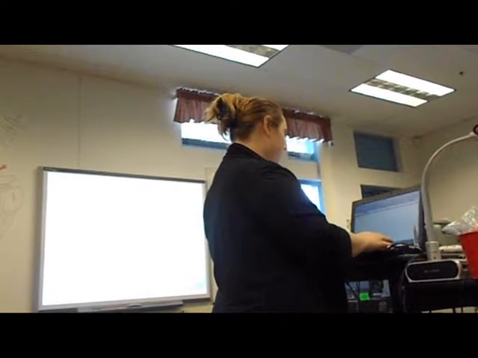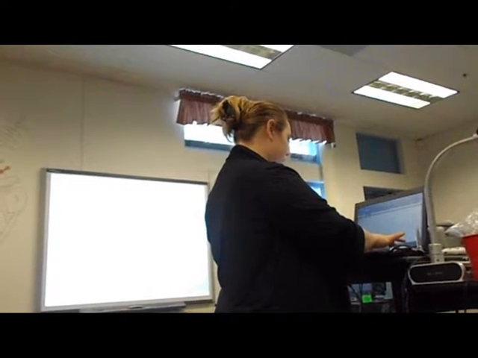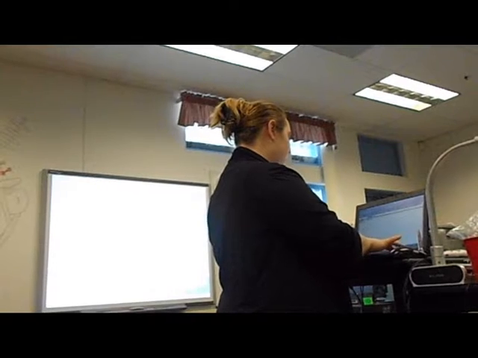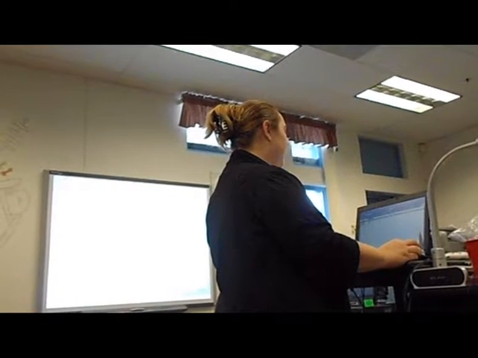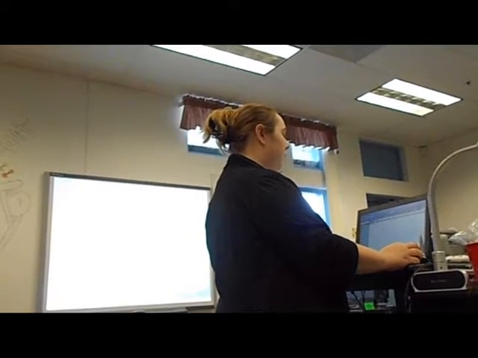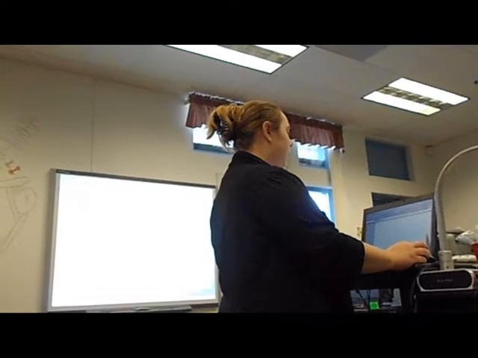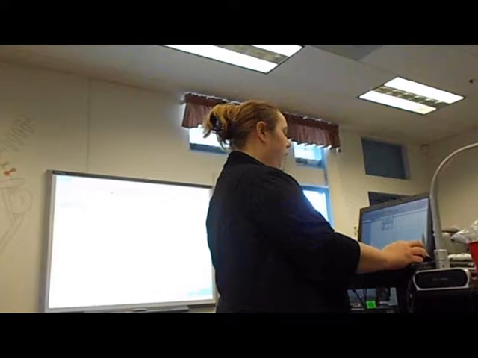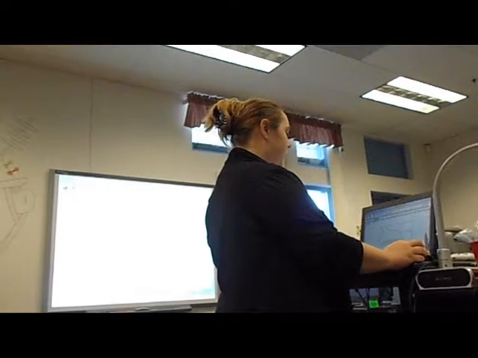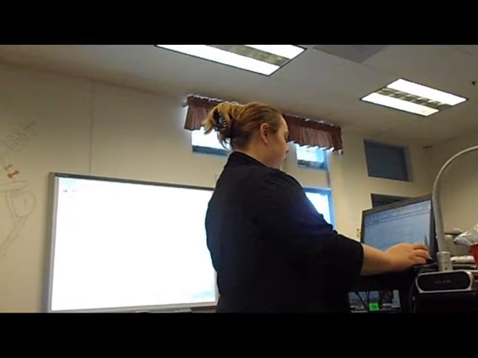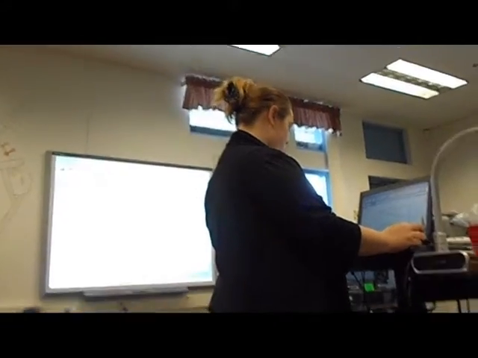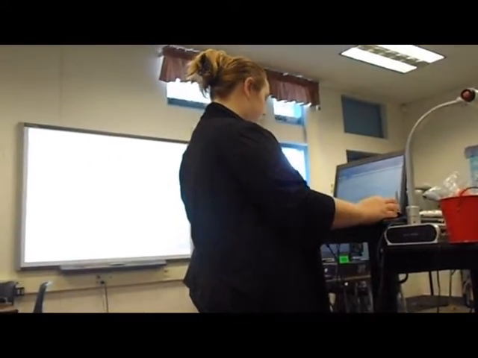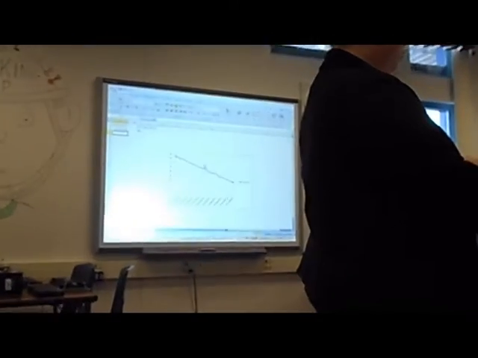So you can do that, and then once you get enough data in here, I'm just going to put two little things. You're going to want to highlight columns A and B, and click where it says Insert Line Graph, and you can choose any one you want. And what it's going to do is show you like this, and mine's a little skewed because I didn't put a lot. If I were to put another one in here like